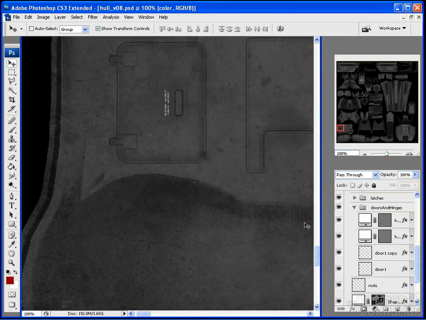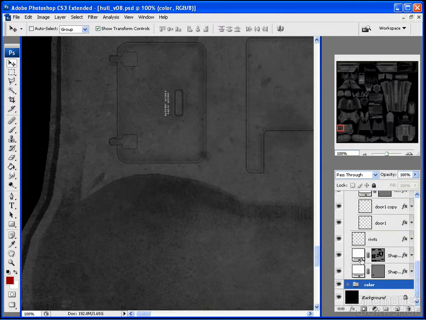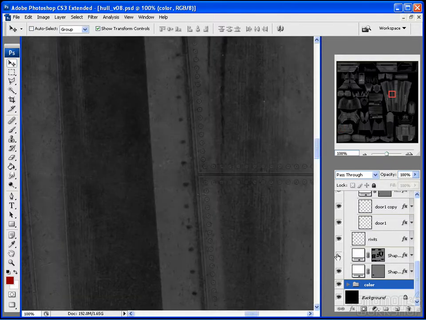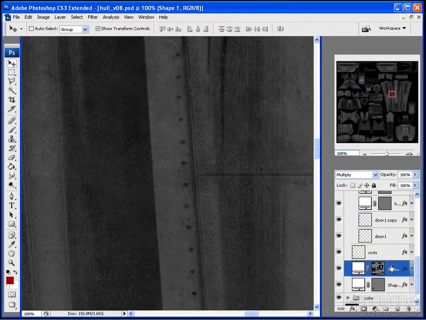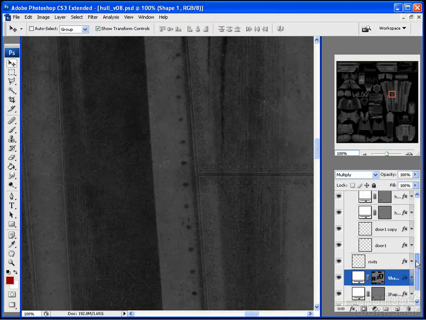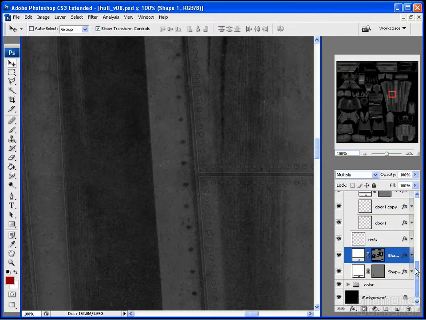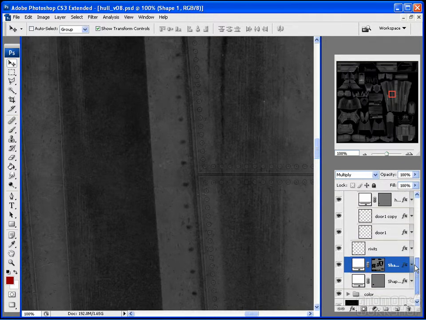I'll go through there, just looking around, looking for my base layer, and scrolling through. Okay, I basically think I'll probably just load that guy up